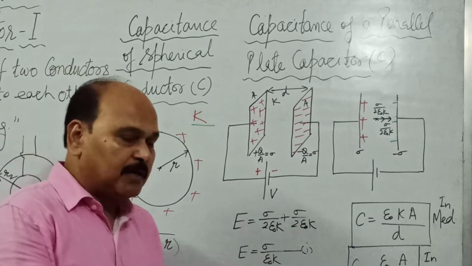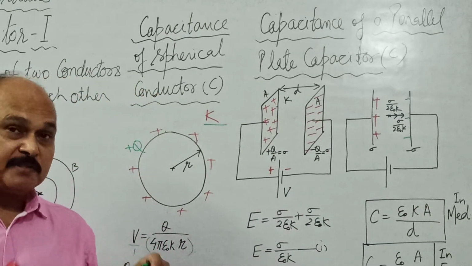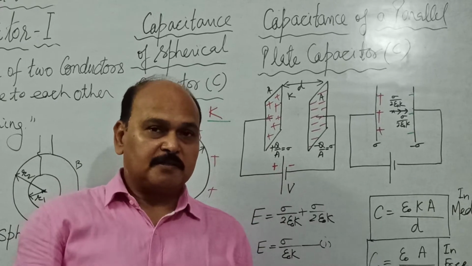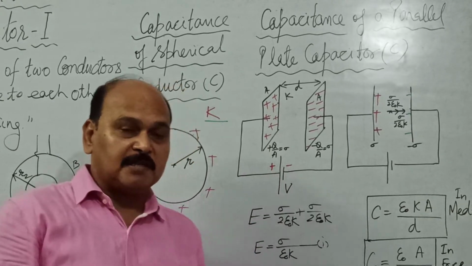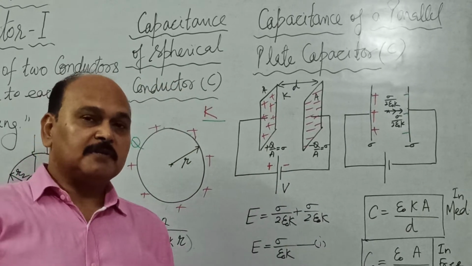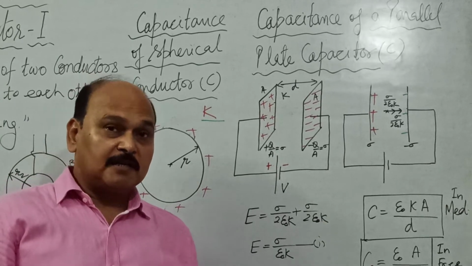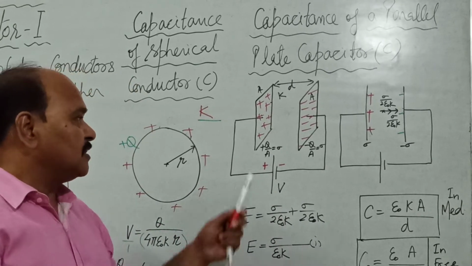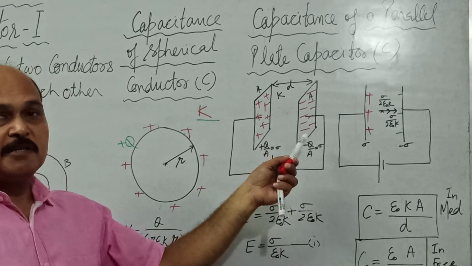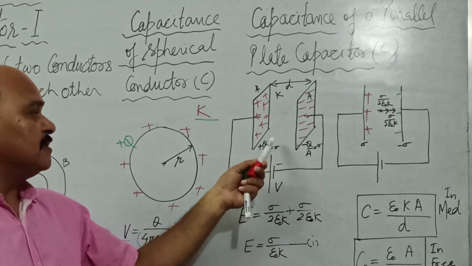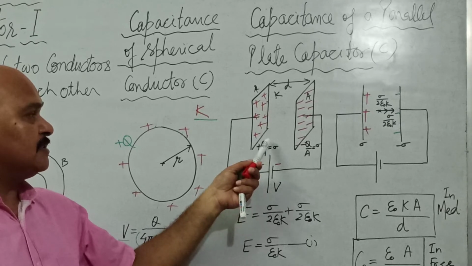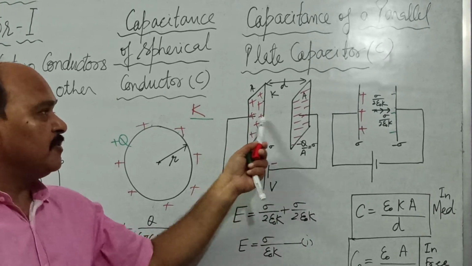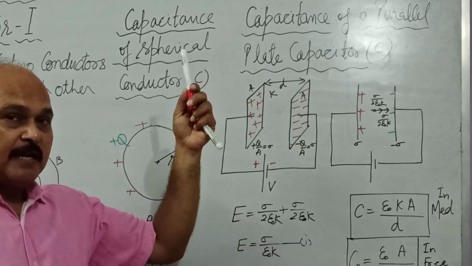Because of these two parallel conducting plates having surface charge distributions, there is a uniform electric field in between the two plates. We have already studied this application in Gauss theorem when we studied electric field intensity due to a surface charge. So these are two surface charges kept close to each other. One has a surface charge density, that is Q upon A, sigma here, this is minus sigma. In between the plates there is uniform electric field intensity.